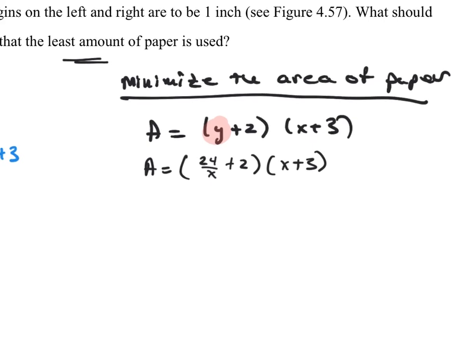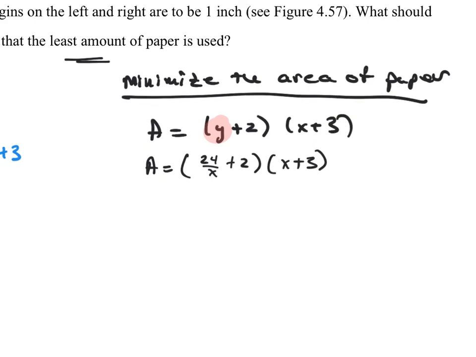This is the equation that I want to maximize or minimize, so I'm going to go ahead and clean this up. I'm going to distribute it. So 24 over x times x, the x's would simplify, and I'd end up with 24. Then I'd have 24 over x times 3. Well, 24 times 3 is 72, so that would be plus 72 over x. And then I'd have plus 2 times x, so that's 2x. And then plus 2 times 3, which would be plus 6. So the area is equal to 72 over x plus 2x plus 6 plus 24,